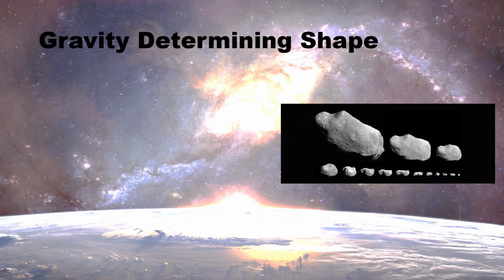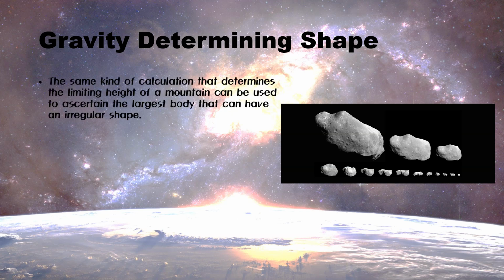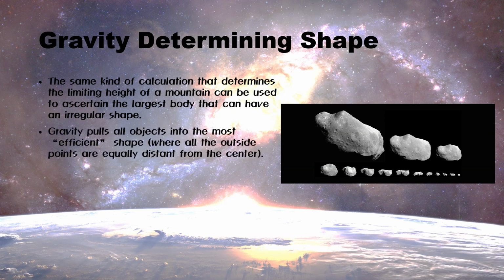Now, as we just mentioned, gravity has less impact on Mars because gravity actually can help determine the shape of different objects. The same kind of calculation that determines the limiting height of a mountain can be used to ascertain the largest body that can have an irregular shape. Gravity